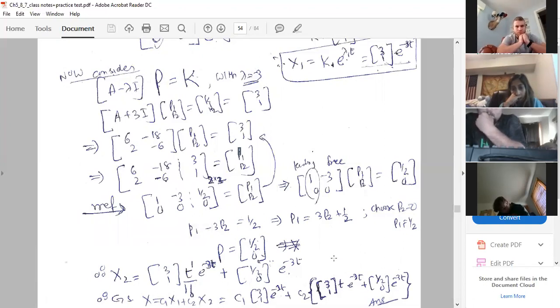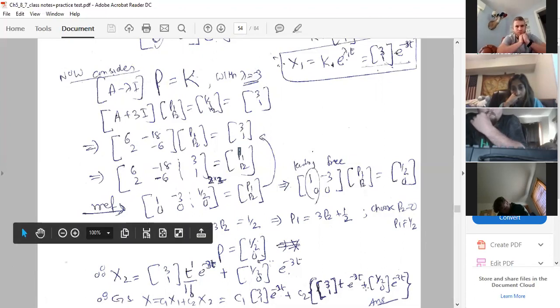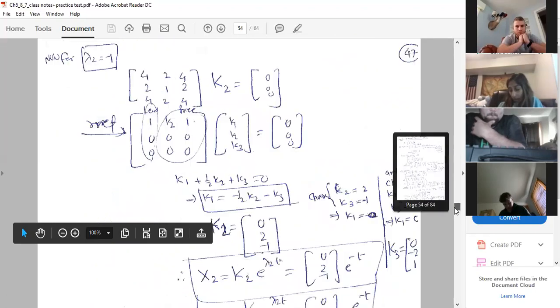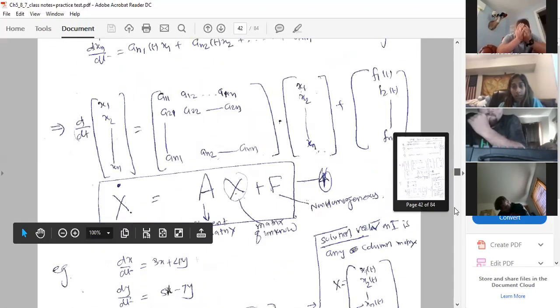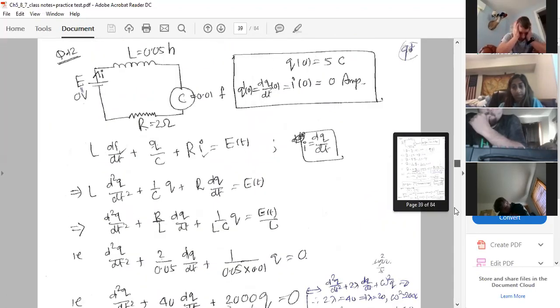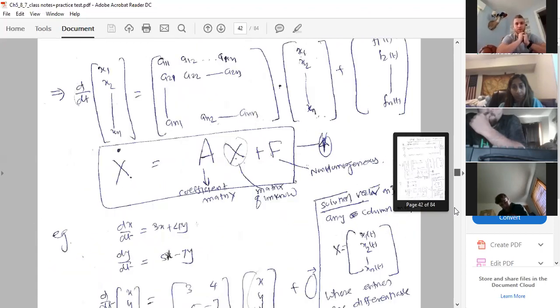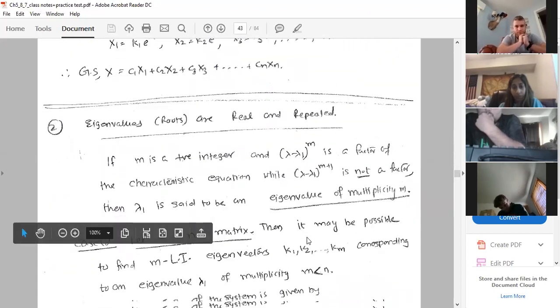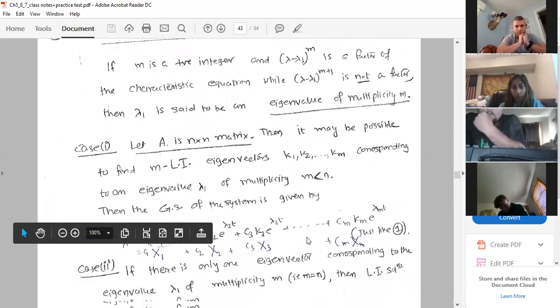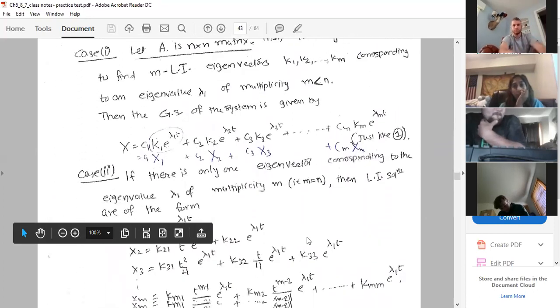Does it make sense? Now, this is the general solution. You can write it down separately too. Now let me go back to the formula sheet. You can see over here, case 1 is fine. Case 2, whenever